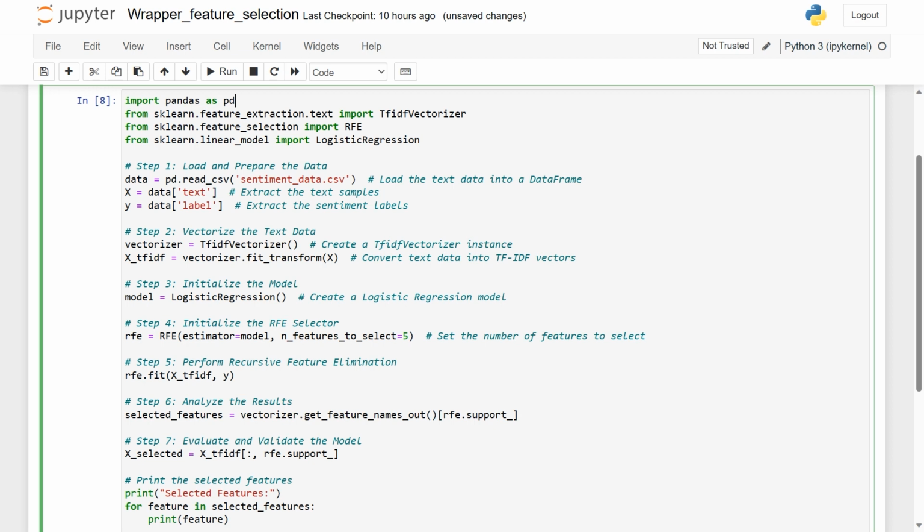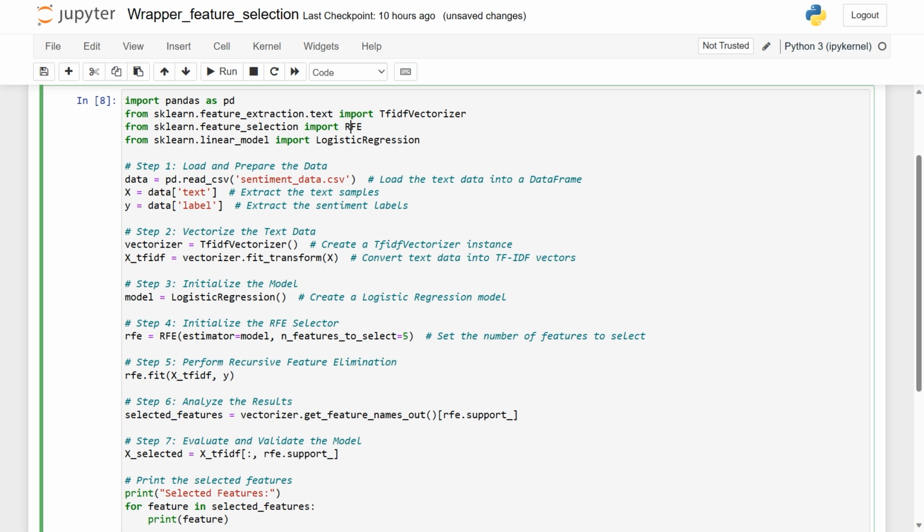Then from the sklearn library, feature extraction.text, import the TfidfVectorizer module. And from sklearn.feature_selection we will be calling RFE, and from linear_model, LogisticRegression for the classification task. So logistic regression is for the classification task, RFE for the feature selection, and